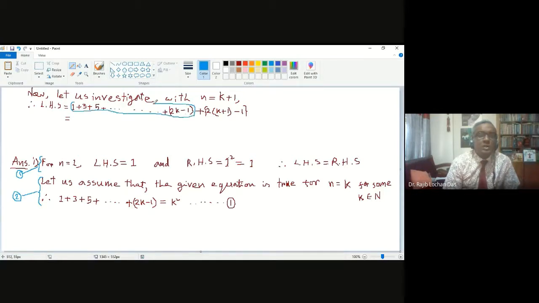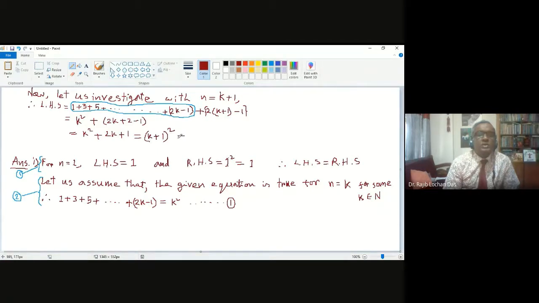So you can write k square up to the second last number, just directly k square, that's it. And then you have the other part. So what is the other part? That will be 2k plus 2 minus 1, actually 2k plus 1. So this is k square and then plus 2k, then plus 1. So what is it? It is k plus 1 whole square.